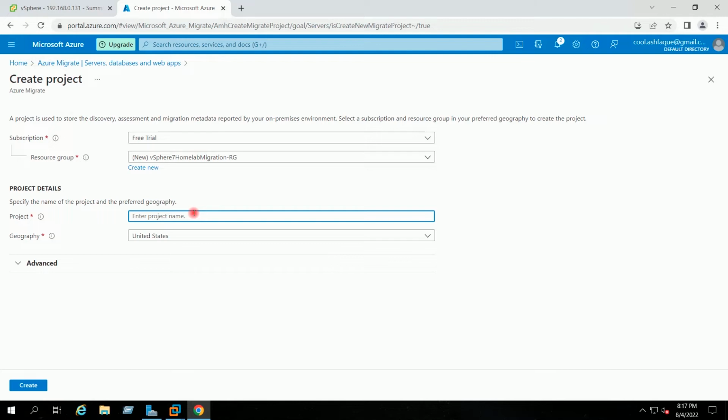Project name I will give here: vSphere 7 Home Lab migration. Geography I will keep as it is, United States. I will click on create.